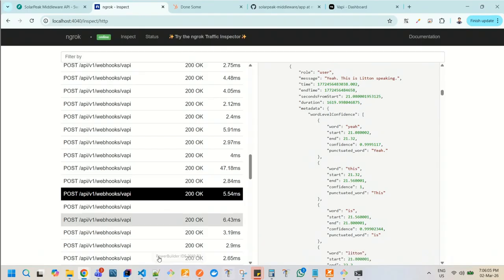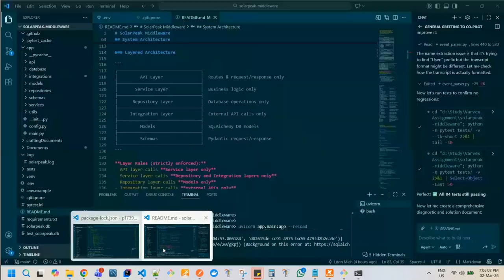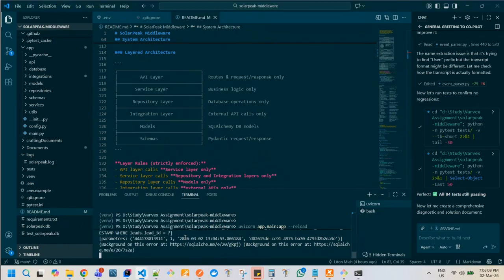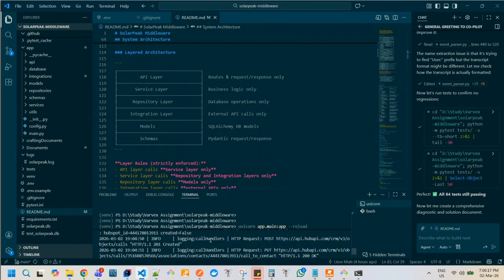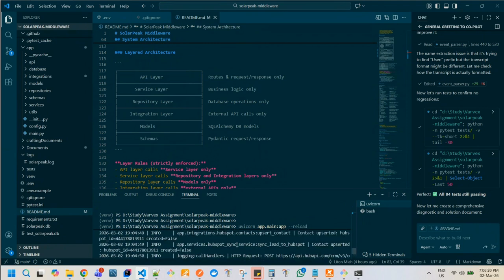So let me go to the application again. This is the application log, and I have shared it with you. All the logs have been written here. You can check all the things from here. And if I just show you the output, let me go to the